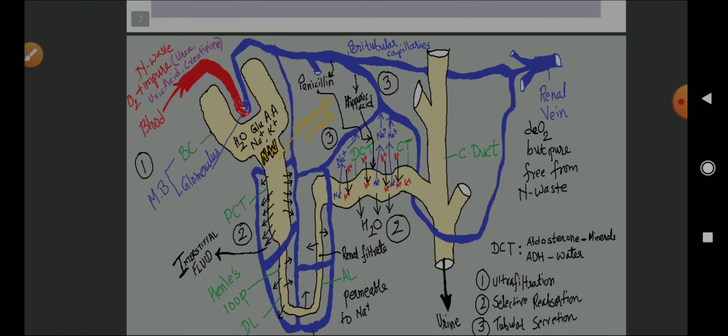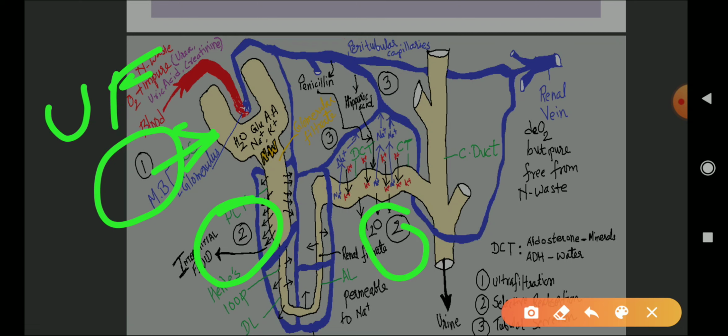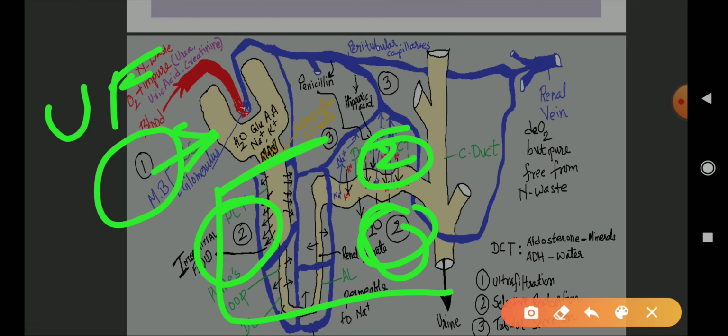So here now the selective reabsorption starts taking place. You see the selective reabsorption. The first step, taking place here in the Bowman capsule, is ultrafiltration. Now you see the second step. Here also the second step is there. So what is the second step? Selective reabsorption, and it takes place from here to here. The first step is in the Bowman capsule and the glomerulus, which is known as the Malpighian body, and the second step is taking place in the tubules of the nephron.